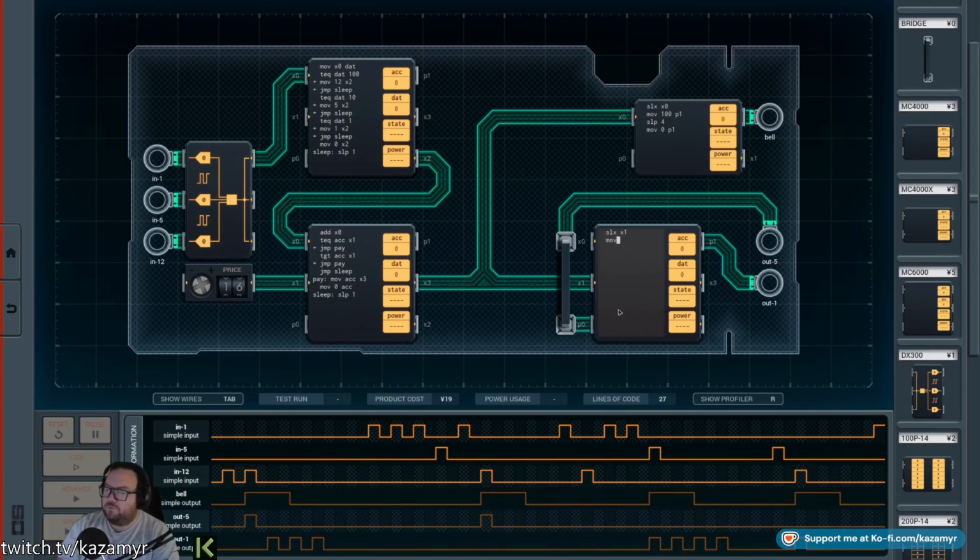We're going to move x1 to accumulator. Yeah, because we have to do math on it. And then we're going to begin the payout. So payout's going to start